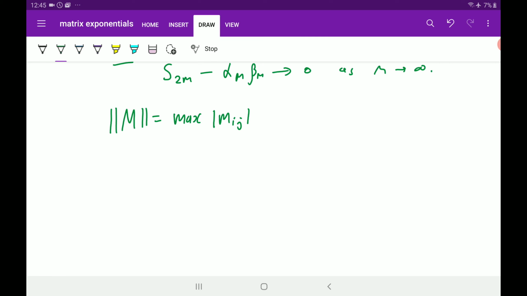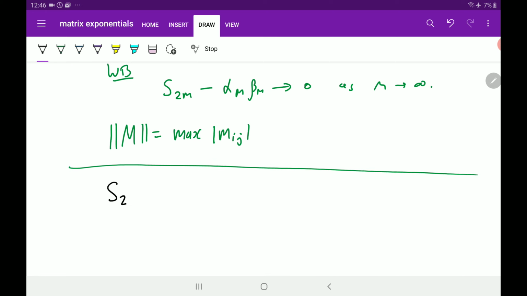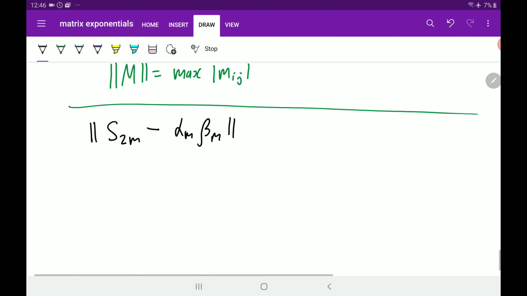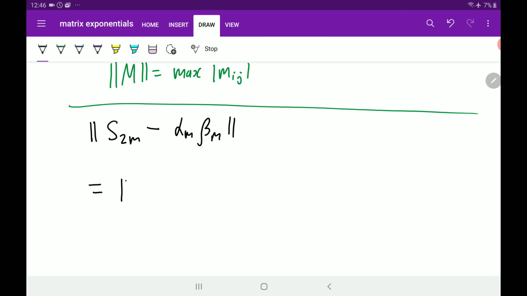So this is going to get a little bit messy, but let's just do it. Okay? So if I take S of 2m, let me take the norm of S of 2m minus alpha_m beta_m. What am I going to get? So this is going to be,